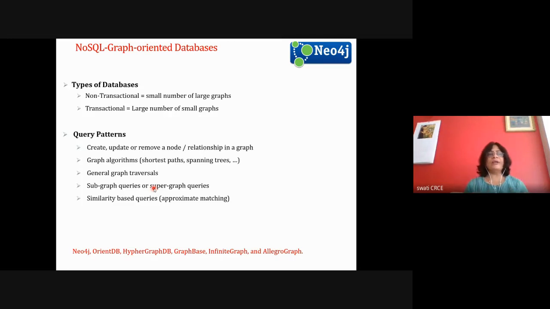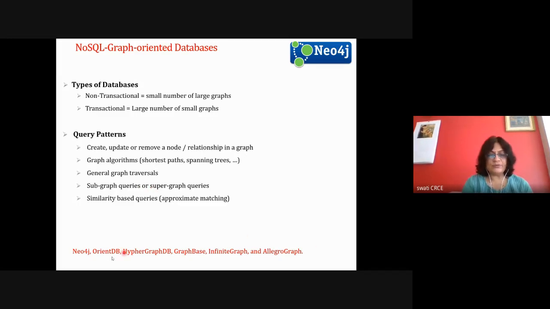Okay, so for graph-oriented databases, we can find queries like creating, updating, removing a node or relationship, graph algorithms like shortest path or spanning tree, node traversals, subgraph query, supergraph query, or queries finding similar nodes.